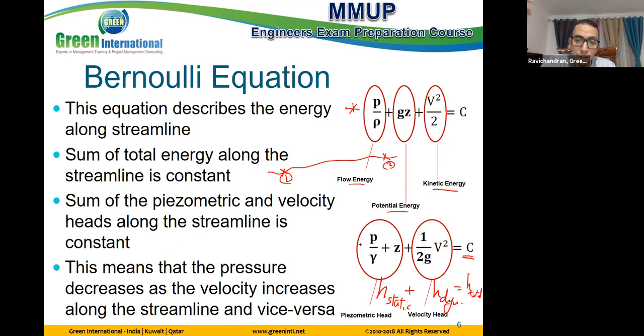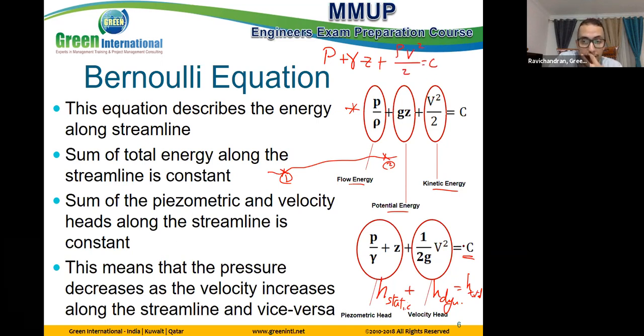For the pressure form, we need the pressure unit in each term. So we need the P, for example, alone. So we need to multiply each term by gamma. If you multiply the first one by gamma, gamma with gamma cancel, so we can obtain P alone, plus gamma Z, plus here we multiply by gamma, and we have G in the denominator. So gamma is rho G, cancel G with G, so we obtain rho V square over 2,